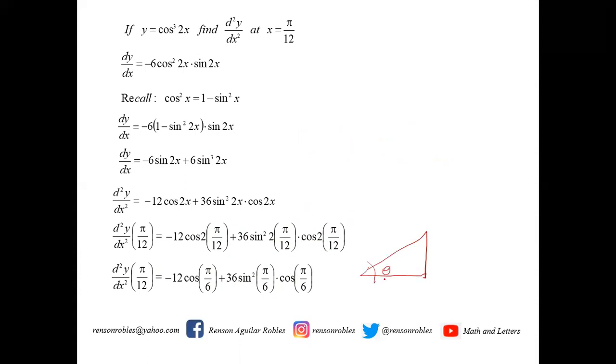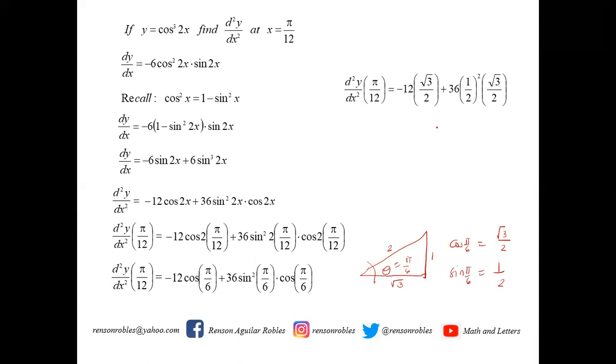And then by applying the Pythagorean principle or the SOHCAHTOA principle, if this is your pi over 6, then the adjacent side is equal to square root of 3, the opposite side is 1, and the hypotenuse is equal to 2. Okay, so which means cosine of pi over 6 is equal to adjacent side, square root of 3 over 2, and sine pi over 6 is equal to opposite side, 1 over hypotenuse. That's 1/2. Okay? So substituting these values to the equation, you shall have